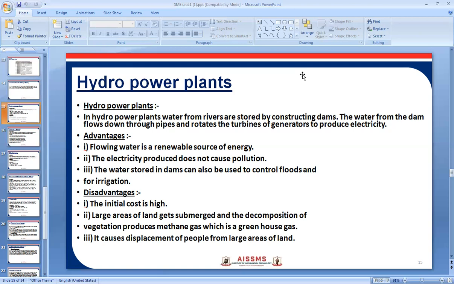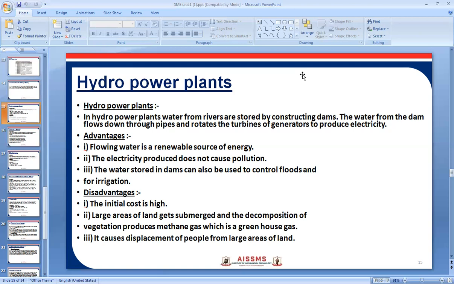Then what is the thrash rack? These are made up of steel bars. The thrash rack is provided to prevent entry of debris into the intakes from the dam or from the forebay. Any debris in the intake water pipe may damage the turbine runners or choke the nozzles of an impulse turbine.